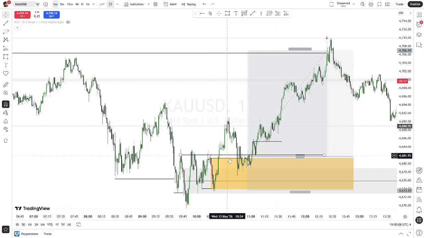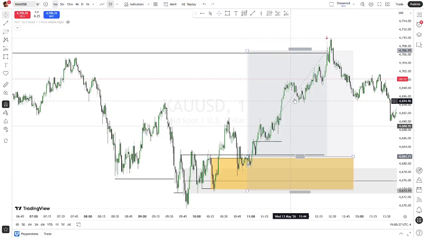So we had our push to the downside and then to the upside, leaving our fair value gap over here. Price came and tapped inside of that fair value gap. As we were in here, I now saw that price is going to push to the upside. I expected to see price push to the upside in a volatile way, but it ended up taking its time to the upside. But overall, we did hit our take